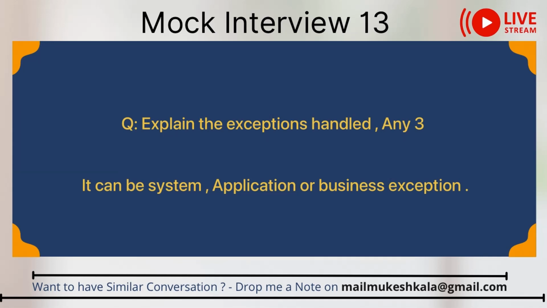Okay, let me give you an example. One scenario could be incorrect credentials. What happens if the asset password is wrong? That could be one scenario. The other scenario could be that there are no files in the folder, or there are no files in the application itself. So what other scenarios have you handled in this automation apart from this?